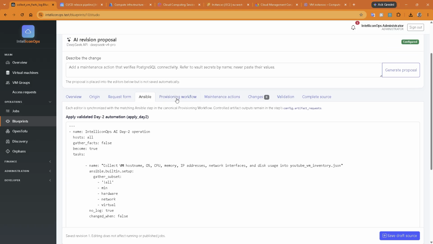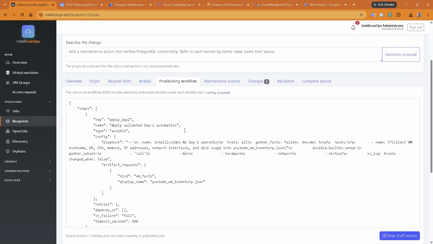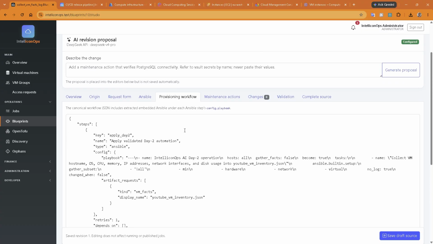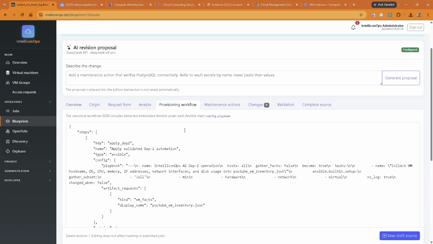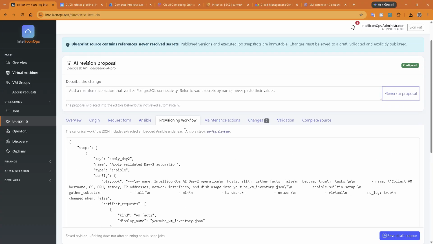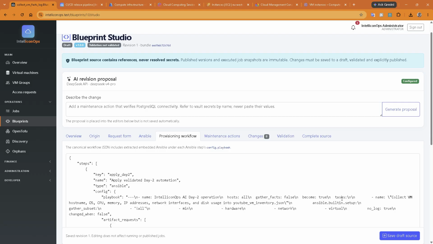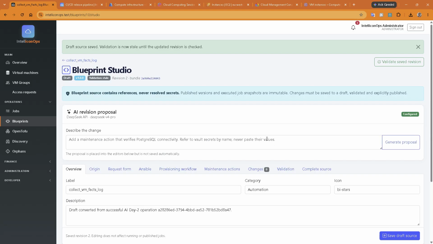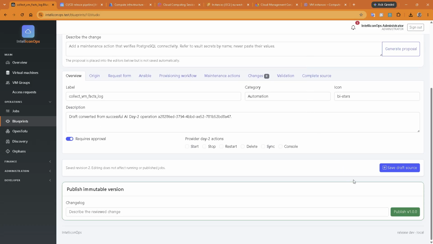So the original request remains part of the history. I'm not rewriting the past as if I'd later changed the Ansible. If I want to change the automation, I create a new revision. The blueprint also keeps the rules around the controlled output file, so the reusable version still knows what kind of result it is allowed to produce and where that result belongs. Once I'm happy with it, I can validate the blueprint before publishing it. And once something is published, later changes go through another draft and validation process rather than silently modifying the working